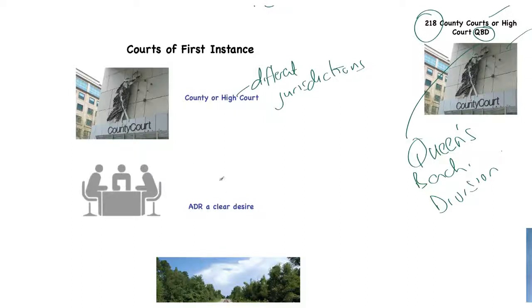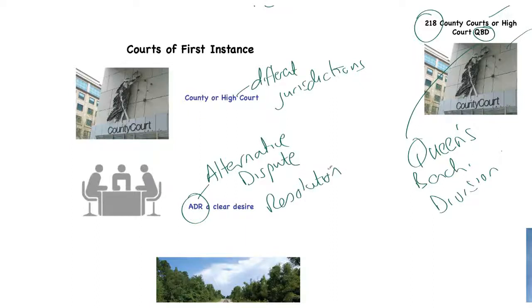The hope is, in most civil cases, that most will be settled out of court, and they hope that they'll be settled out of court by ADR. ADR is Alternative Dispute Resolution. ADR are those ways in which we settle disputes without having to go to court. And there are a number of quite appealing reasons for settling out of court. It's of course cheaper for both the plaintiff and the defendant, but it also saves a huge amount of taxpayers' time, effort and money in the running of the court.